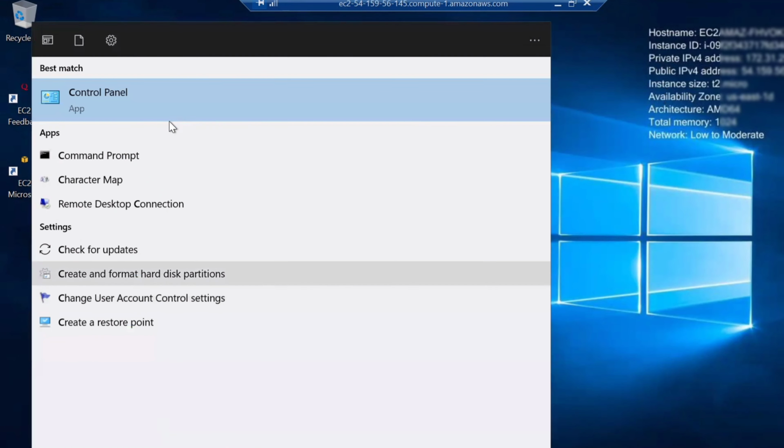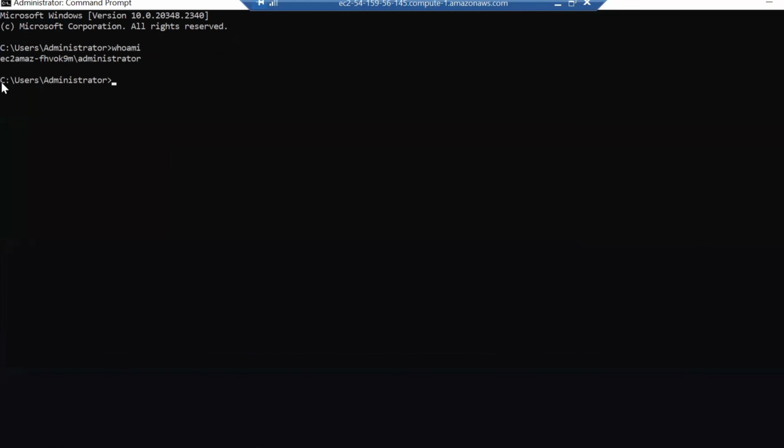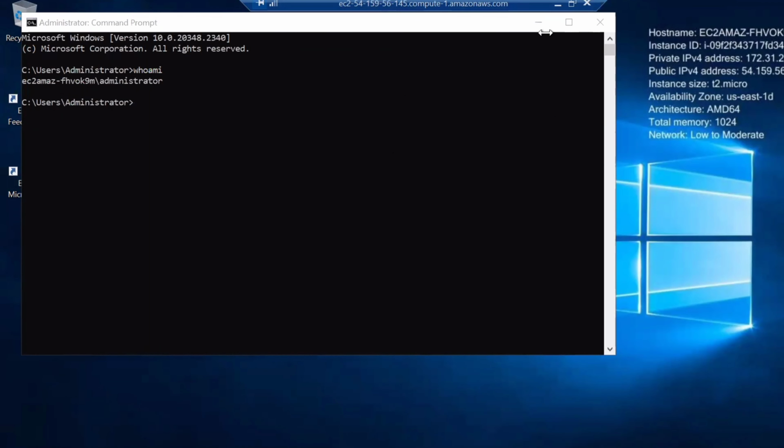Open the command prompt and give the command whoami. It will print the effective username, whoever is using this Windows, and all the details. So yeah, we can see there, right?